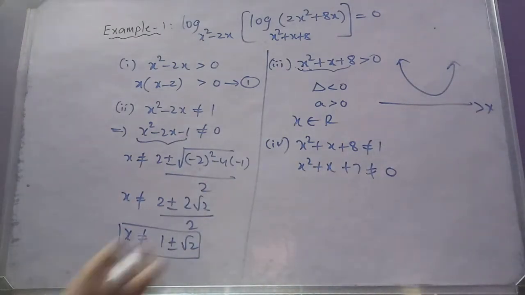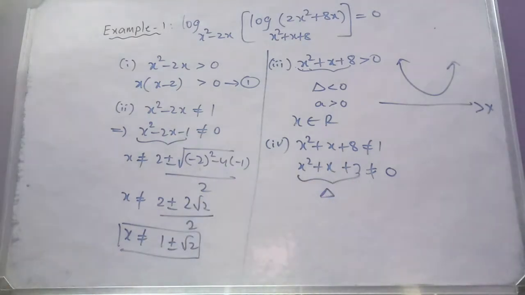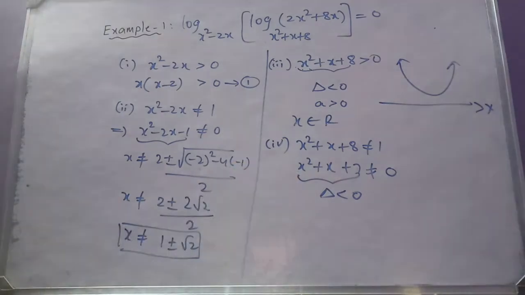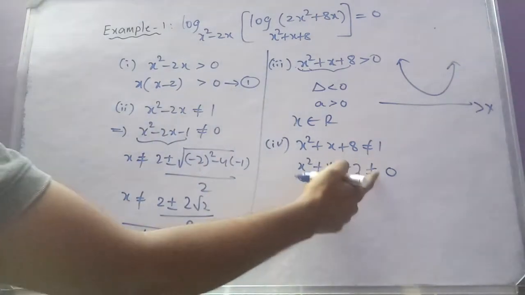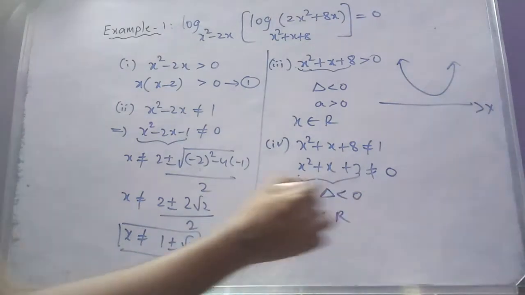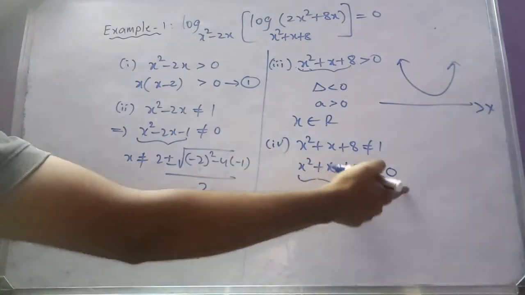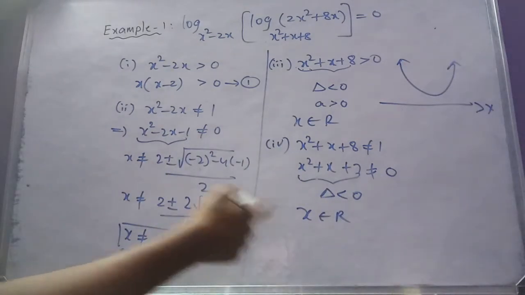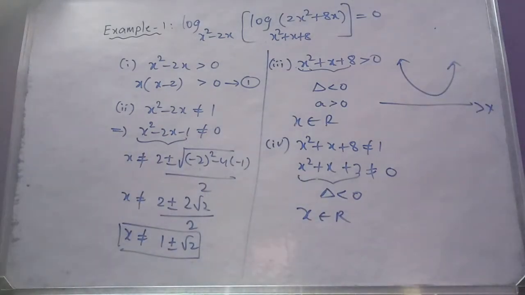If you observe, again the discriminant of this function is less than 0. Which means this function doesn't have any real roots. This function f of x cannot be equal to any real number root, so it can never be equal to 0. Automatically, for every x belongs to R, for every input, this is not equal to 0 itself. Therefore, the solution set of this is also x belongs to R.